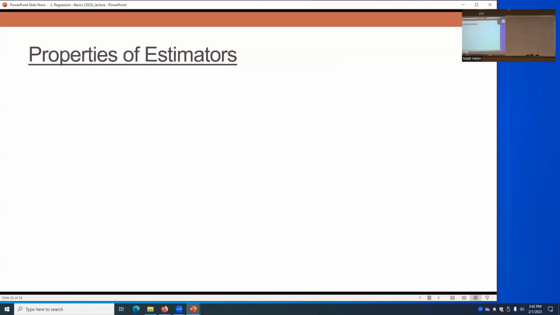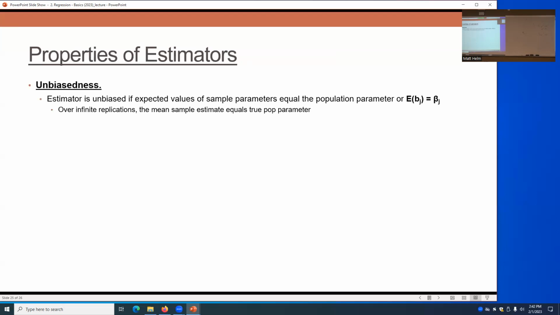All right. Properties of estimators. Okay. Some things to be thinking about when you're reading literature. You'll hear studies talk about different estimators and the properties that make them desirable. One of the things you'll hear is unbiasedness. An estimator is going to be unbiased if the expected value of the sample parameters equals the actual population